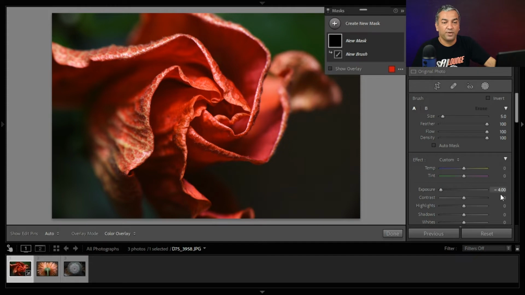We have -4 here, because we are going to apply dark exposure on the surroundings which we don't want to show in our final image frame. So let me increase the brush size. I believe that will be enough.